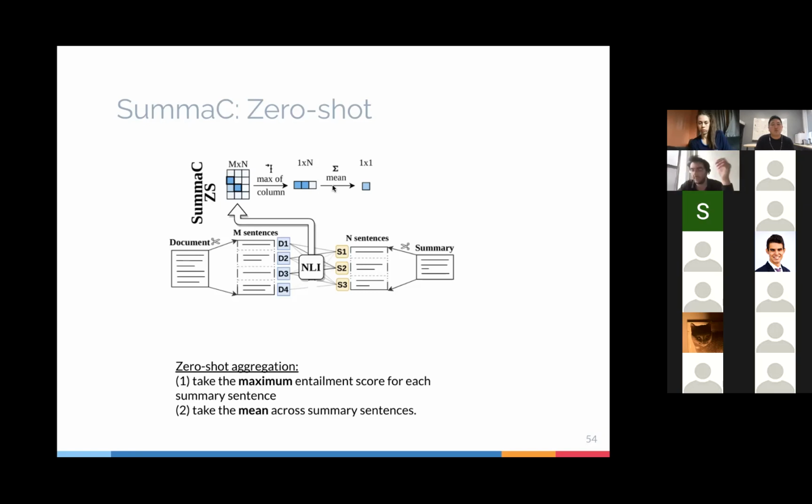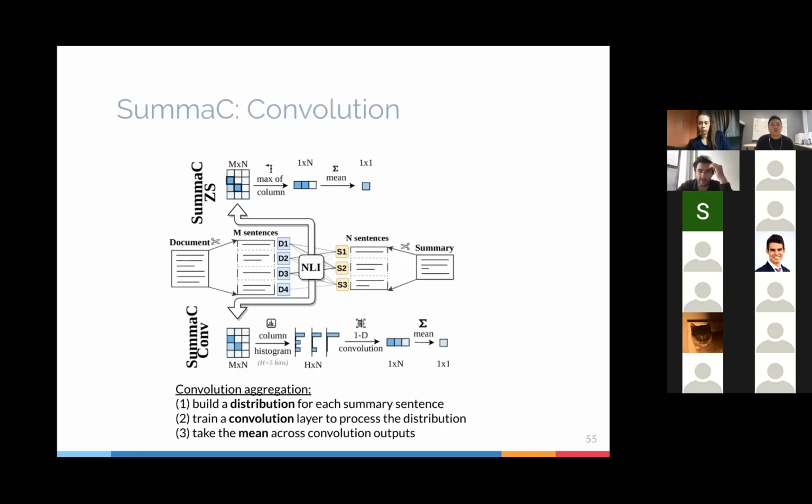So it's completely zero shot. Okay. And then the second model is a little bit more complicated and it's called the conv model. And what we do here is we take the same histogram, the same N by N matrix, but instead of